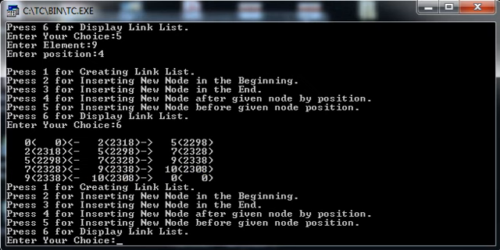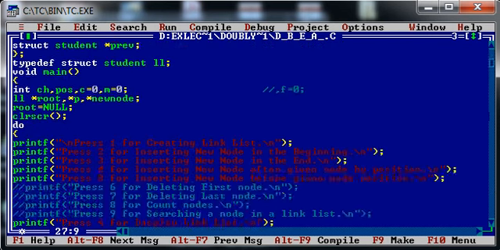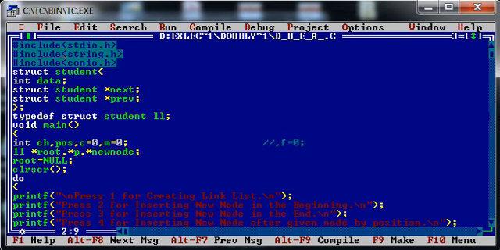So I hope in today's lecture you have understood these 6 operations whatever we have performed in doubly linked list. Have a look at the code.